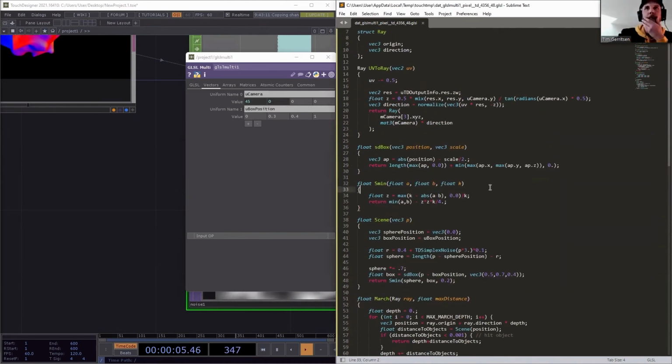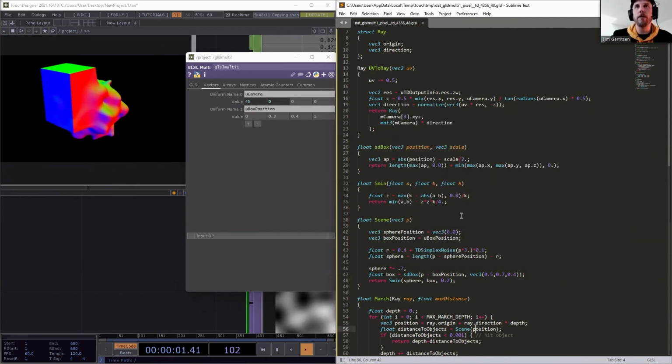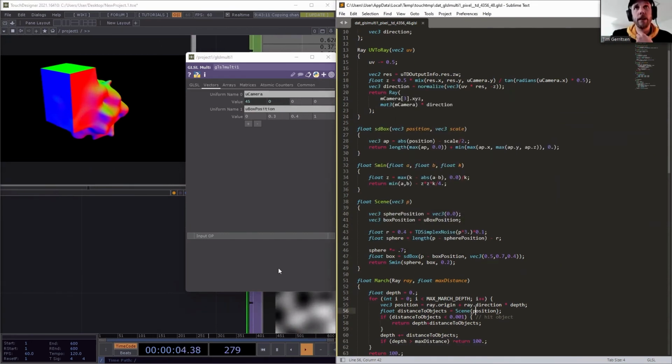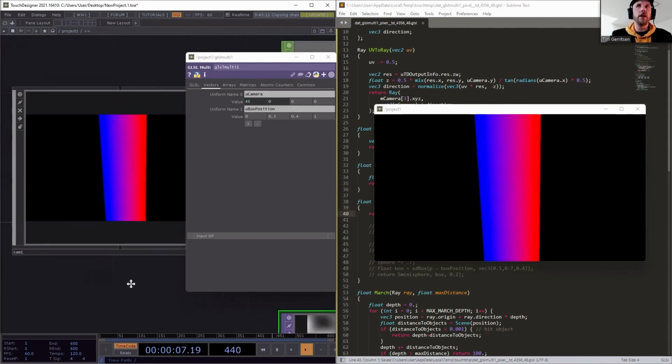Well, now what we want is not some weird bloppy thing in a box, but we want to have some liquid water falling down. So like I said before, we need tubes. And a tube is also not a very hard distance field, because it's kind of the same as a sphere, but instead of doing a length over x, y, and z, you only do a length over x and z, for example. If you do this, I'll show you. You return length p.xz minus 0.1. Now we get an infinite tube,